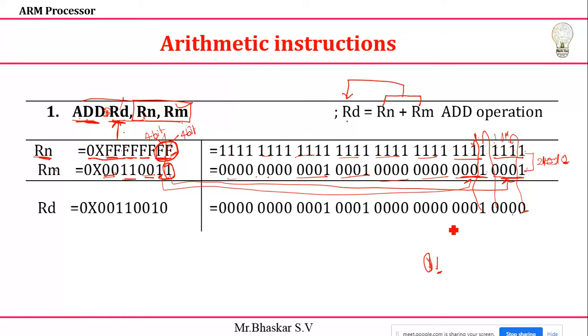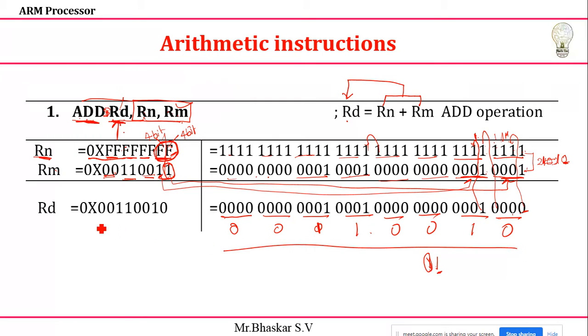Similarly, to do the addition, I'll get the result. So again here also you'll get the carry. I'm going to add it to this one. I'll get this one. So if you do the addition, I'll get the value. Now we can read the value completely. It is a 0. It's 0. 0 0 1 means it is also 1. 1 0 0 1 and 0. So this is the result I am getting. In this way, Rn plus Rm will be added and the result will be stored in my RD register.